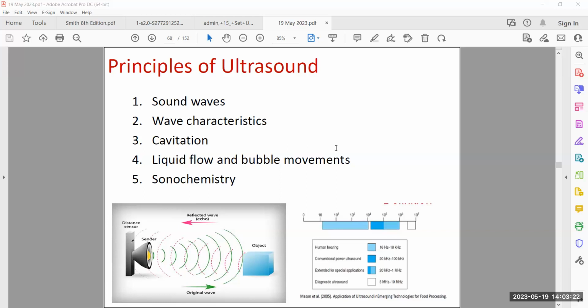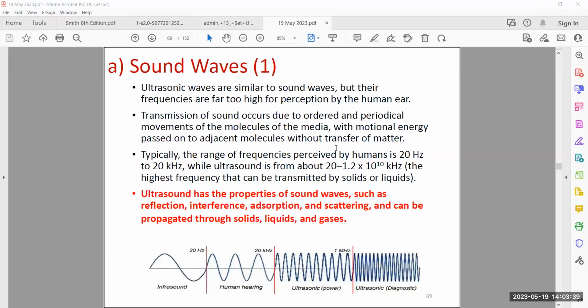So the principle of ultrasound is basically that it uses a sound wave instead of an electrical arc just now, or instead of pressure just now when talking about HPP. Based on the sound wave, it has specific characteristics that you need to achieve for you to achieve food safety. Okay, if you look at this wave down here,